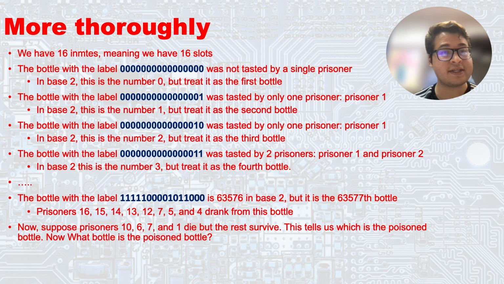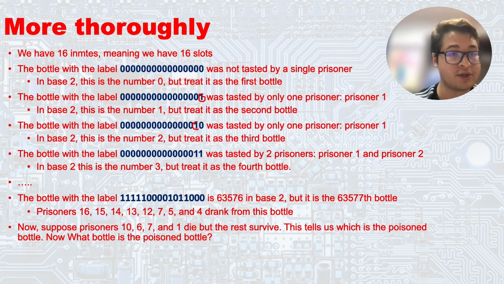Now, by that same logic, let's go with the one that has a 1 in here. You see this 1? This is the first index. So this is 1 in base 2. This means that the first prisoner tasted that bottle. If only the first prisoner dies, guess what? The second bottle is poisoned. And by that logic,